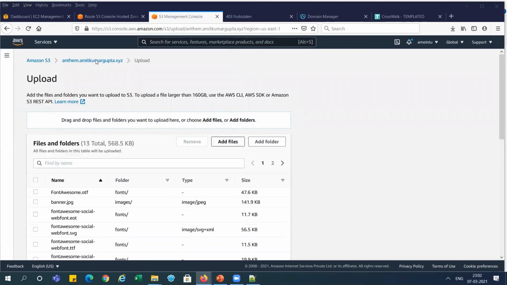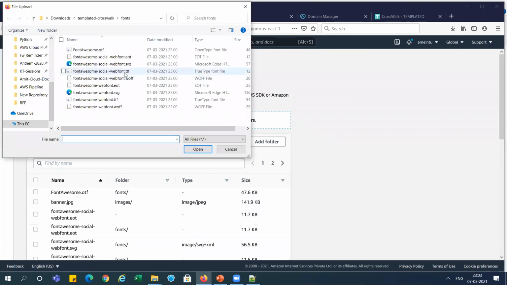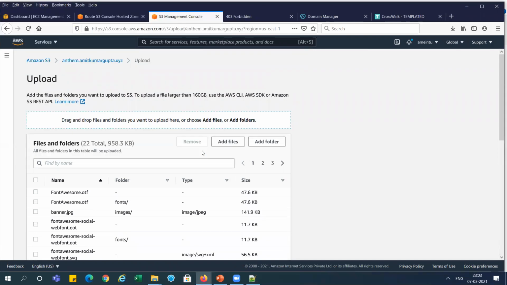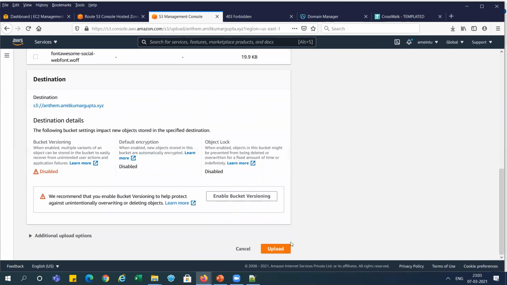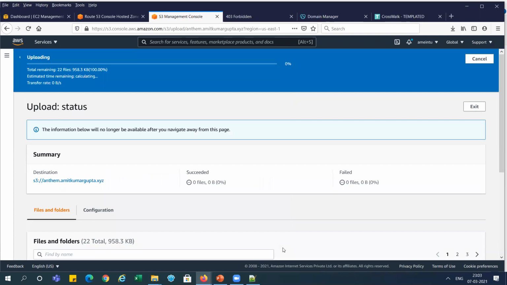You can see all those files. All those files we need to add. So you can see all those files are there. So we are just doing the upload. It is uploading to the S3 bucket.